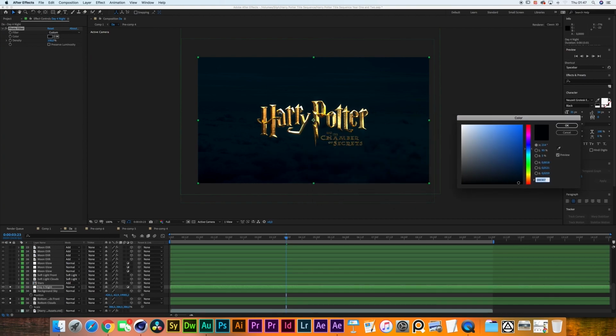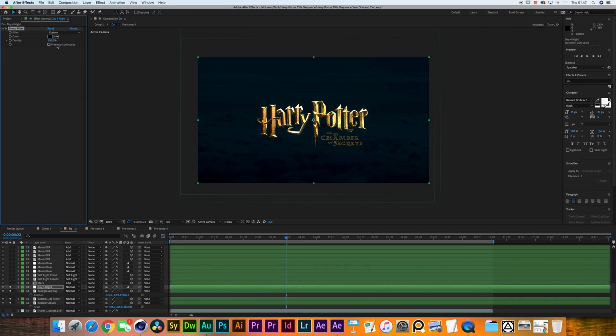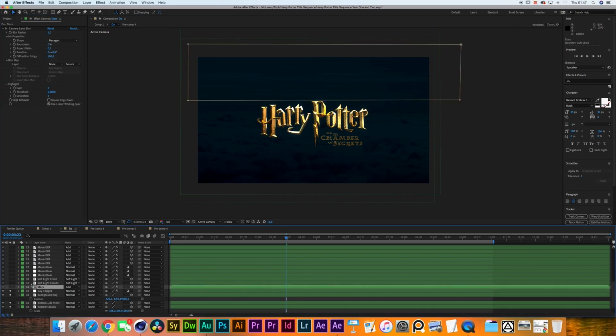Check off Preserve Luminosity and then turn the density up to 100. And basically what that does is, as you can see, it completely excludes the highlights and just gives a filtration to a certain color. Now on top of that I created this layer over here, which is a bunch of